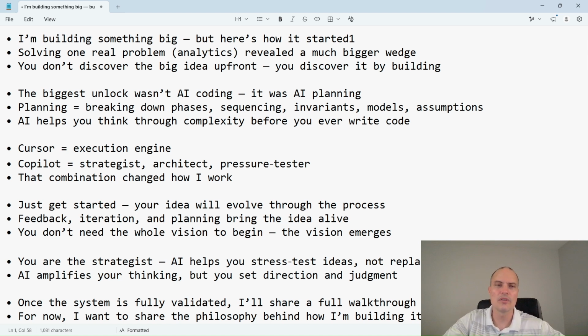So I was always using planning within Cursor to plan out key features and stuff like that. But when you get to a point where you're trying to build something novel or new, or maybe something that's not out there, that's where things get a little interesting. And so what I wanted to point out for those of you that might be doing something like that, or just any of these projects in general, one of the biggest things that I learned through it